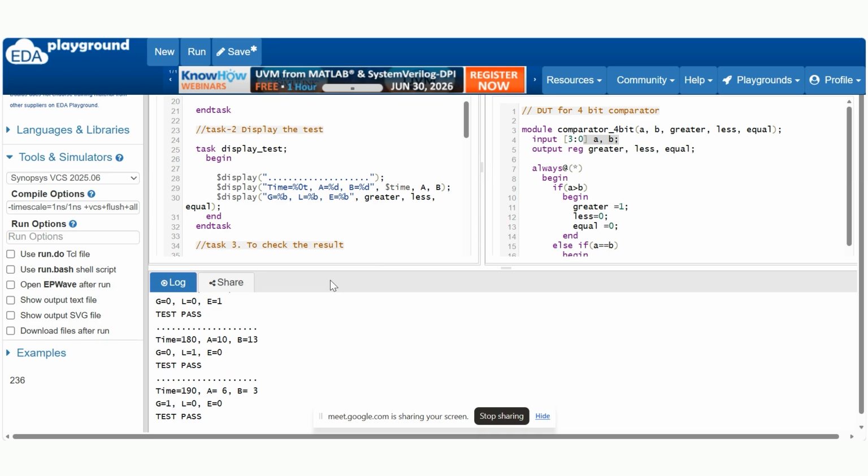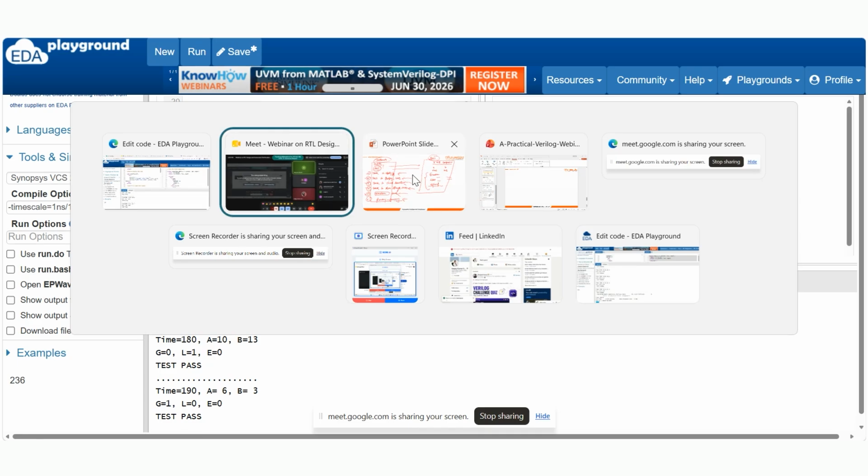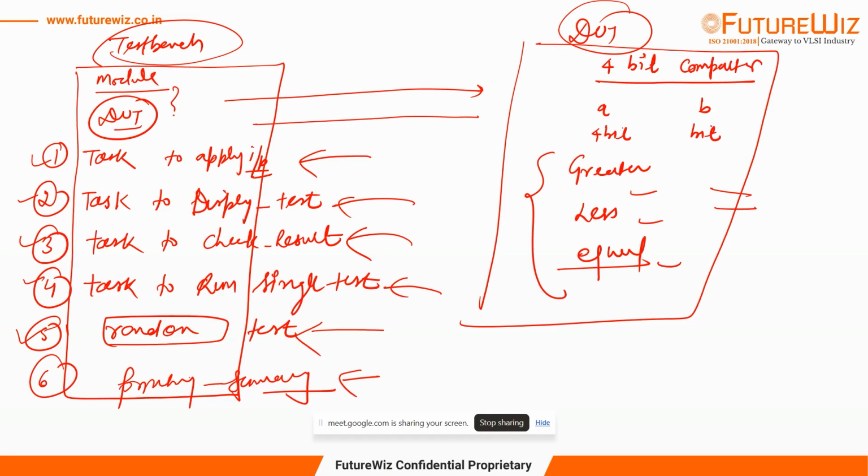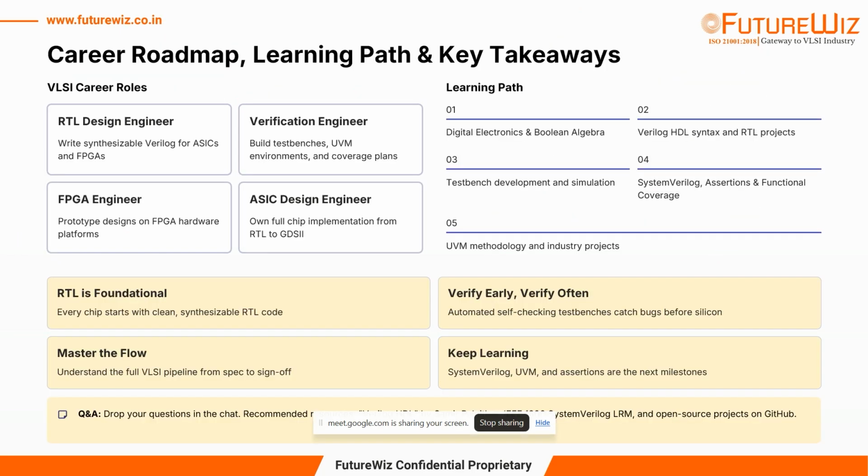You can say the people will be doing placement and routing, and they are just simply verifying this, right? So I have just given you a glimpse of the automated verification, as well as how we are designing the DUT, and we have gone through this complete webinar. Now, in the end, definitely, what are the career roadmaps, the learning path, and the key takeaways